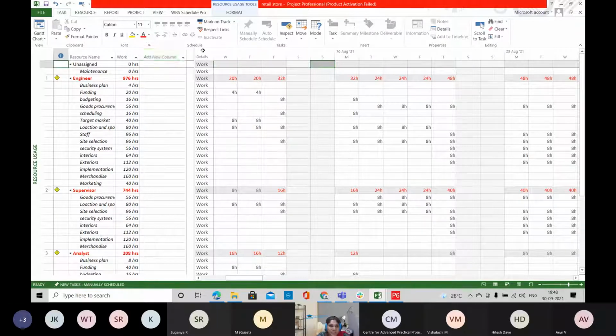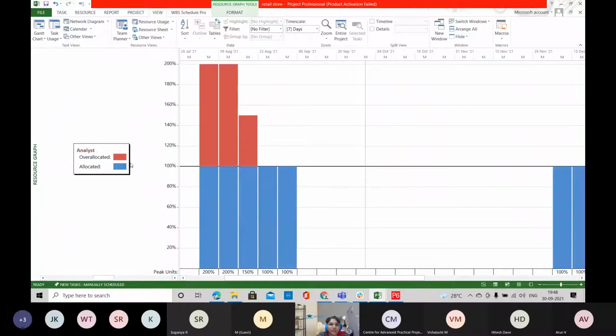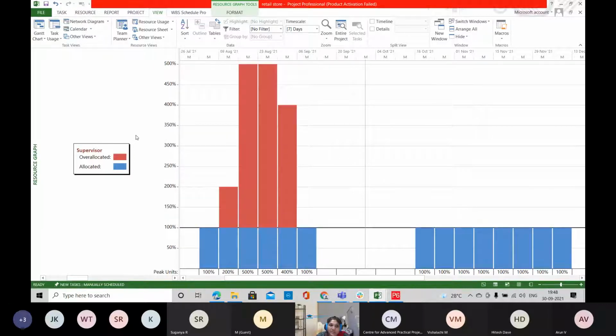This is the spreadsheet form, and the same thing you can view in a graphical format too. Here you'll have a graph for each and every resource in your project, with the maximum limit of your resource. If your resource is allocated above the maximum limit, you'll have red color bars, that is over allocation. You can view all the resources like this.